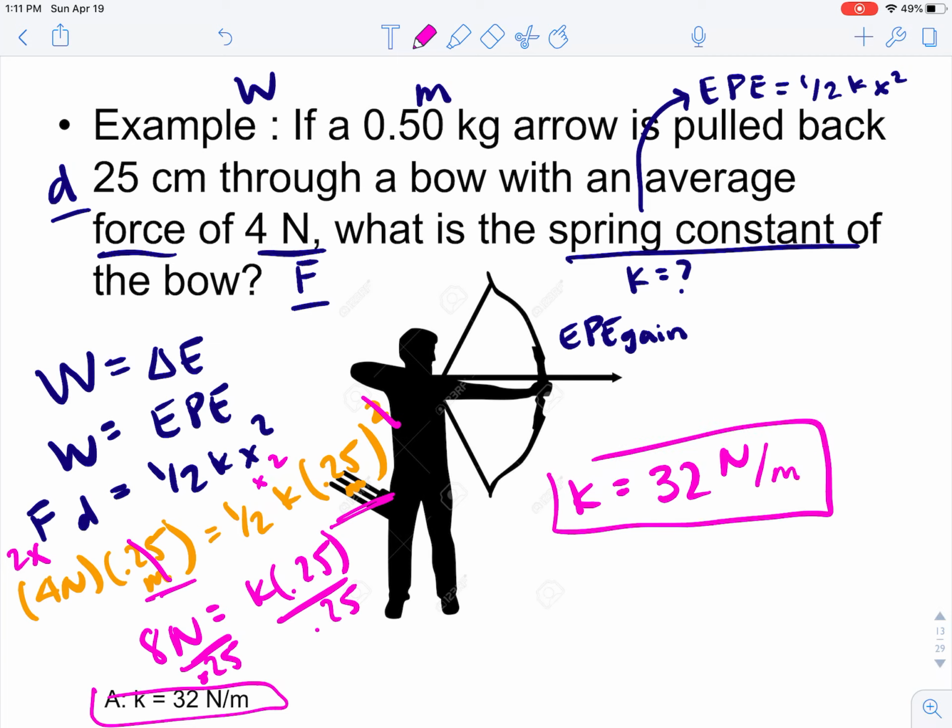Newtons per meter are what we measure spring constant with, and that's basically how strong the spring or the rubber band or whatever we're talking about is. So again, the big idea is this archer did work pulling the arrow back through the bow a distance, and that is now exactly equal to how much elastic potential